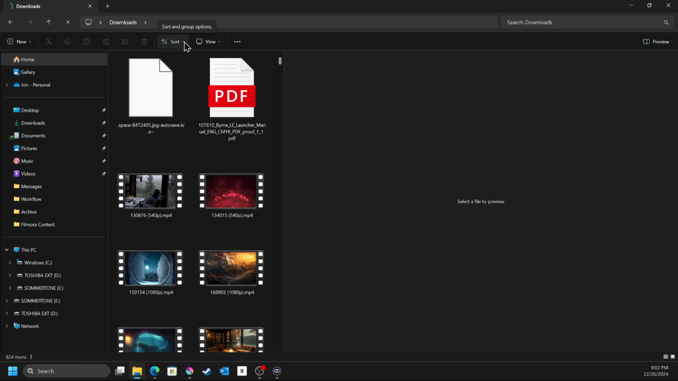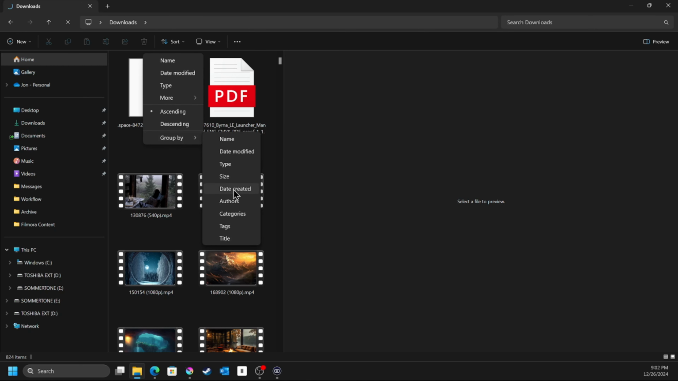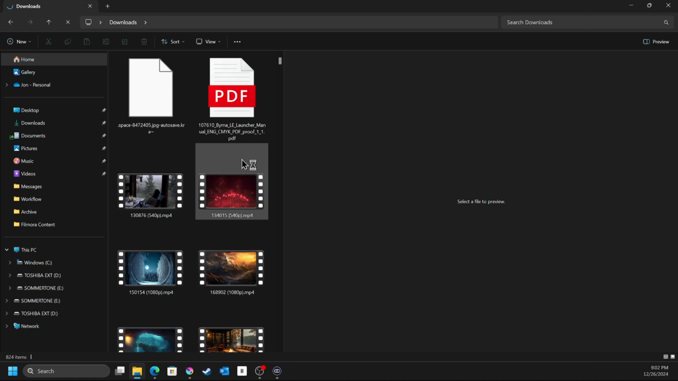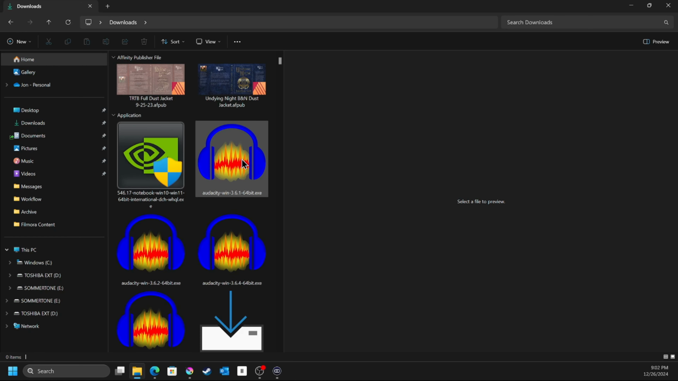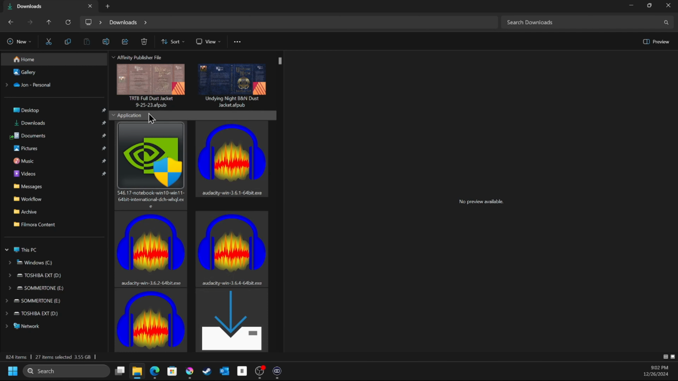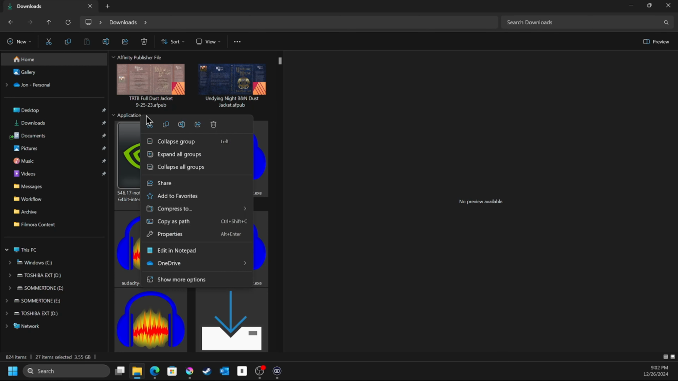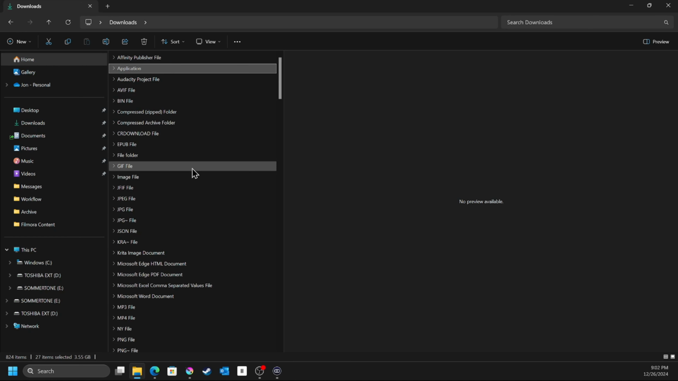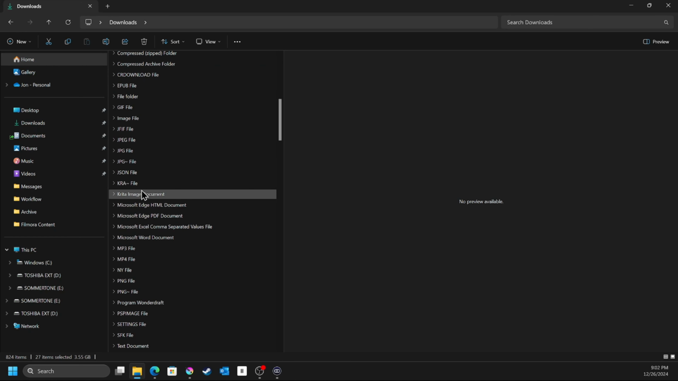If you're running Microsoft Windows 11, you can go up here to the top where it says sort, and you can say group by, and you can choose type. And when it does that, it's going to sort everything by the type of file it is. So I just right click on the header. If you right click on the header up here, you can choose the option to collapse the group, expand all groups, or collapse all groups. I'm going to collapse all groups. And then I'm going to just scroll down here, and I'm going to go to